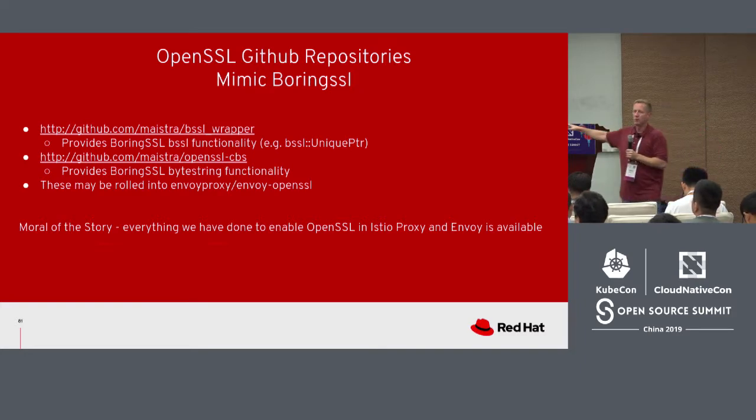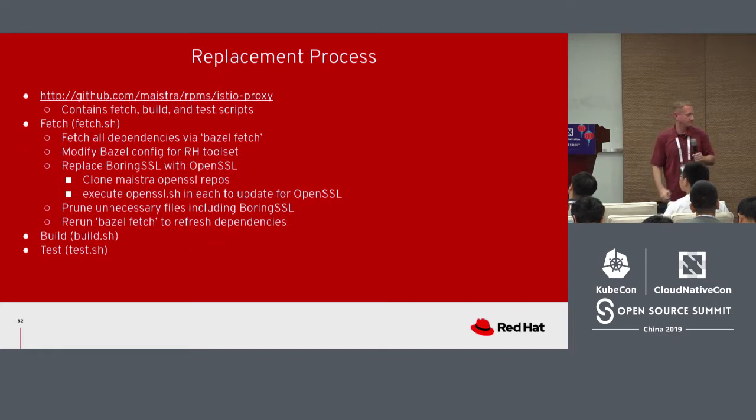The key point of all this is, if you're interested, all this stuff is upstream. It's all available in Maistra, up on GitHub. And hopefully very soon, by the end of this week or the end of next week, a lot of this stuff will be in Envoy proxy upstream, and it'll be hooked into their CI soon thereafter. I think we've got 1 minute. Okay, so